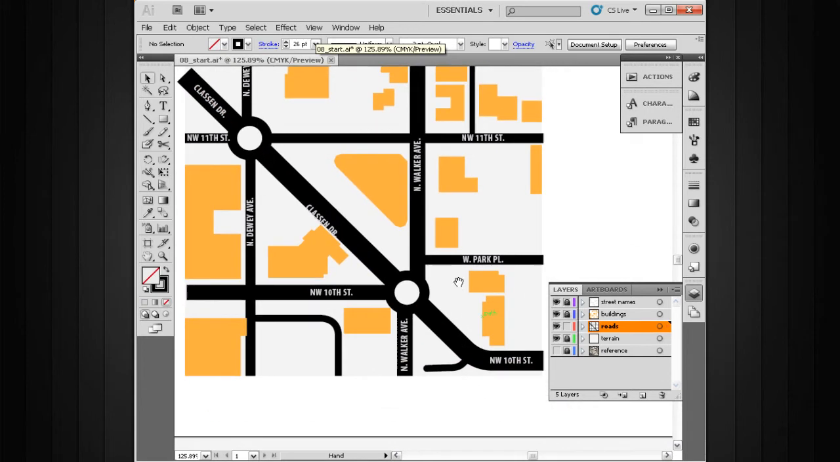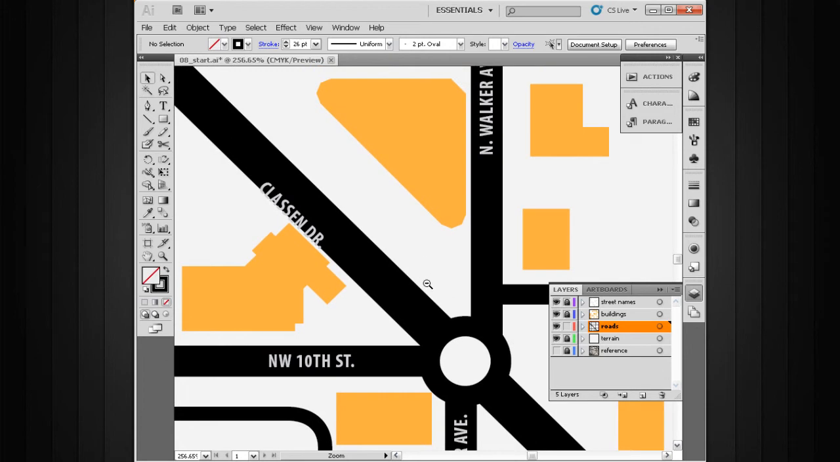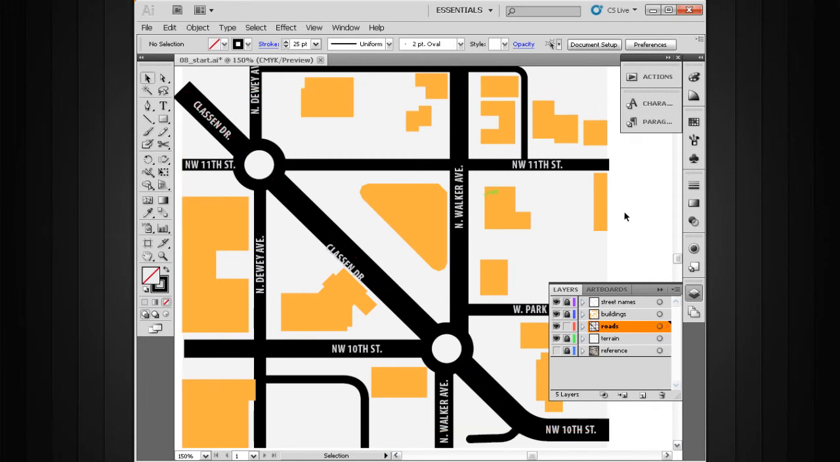Just zoom in here and take a look. I think that might have just been a hair too much. Let me undo that one, and let's go down to 25. And I think that'll work fine. Looking at the size of our street names in relation to the size of the roads, I may actually come in and bump those down a couple point sizes in between lessons,